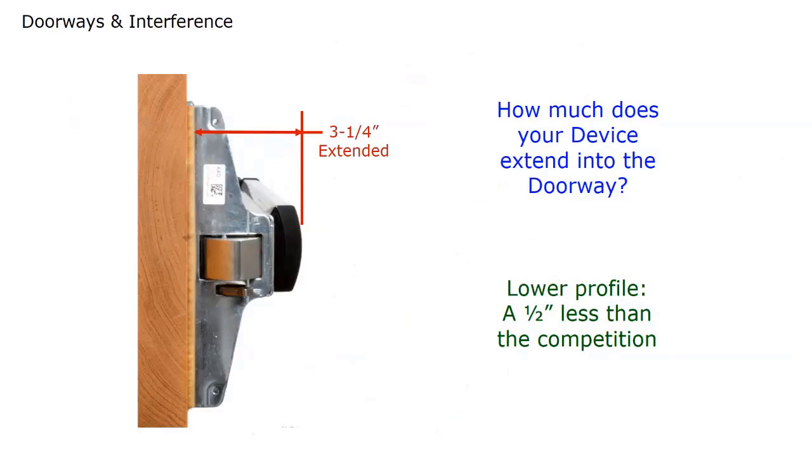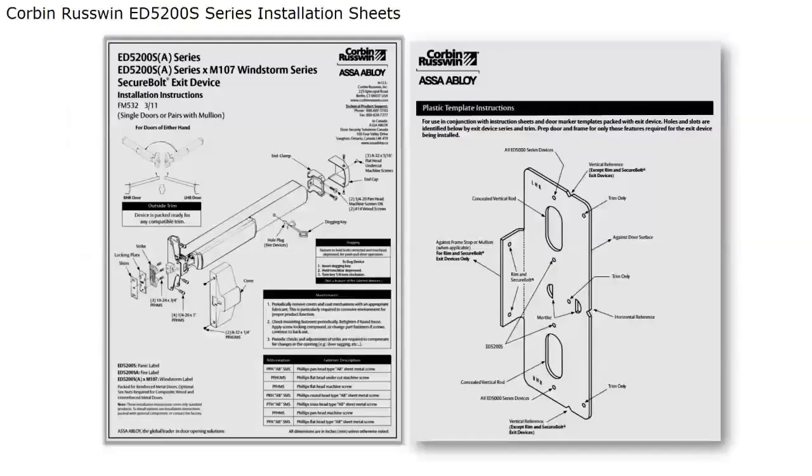Also, their exit device has a very low profile. How much does your exit device interfere with the doorway? With the Von Duprin exit device, it extends off the...